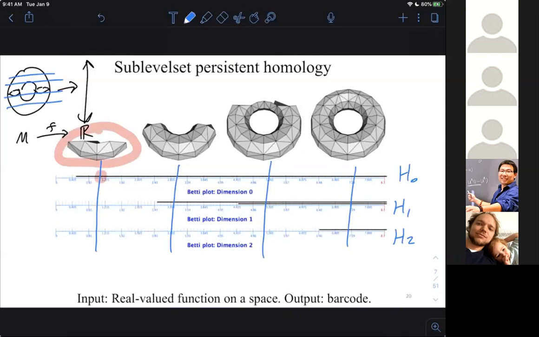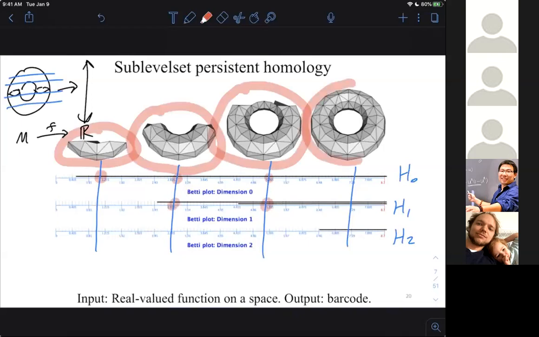This next slice is a macaroni noodle, right? It's the same shape as a circle if you're allowed to shrink it down. So it has a single connected component and one loop in it. This next slice, you could actually shrink this down to a figure 8, and it'll have 2 one-dimensional holes, still a connected component. And then finally, our last slice has a 2-dimensional hole as well. So persistent homology is tracking the number of holes as a space is growing. It's fast to compute as well.